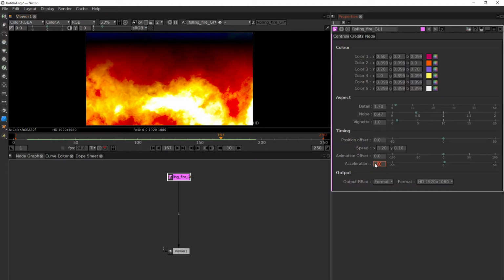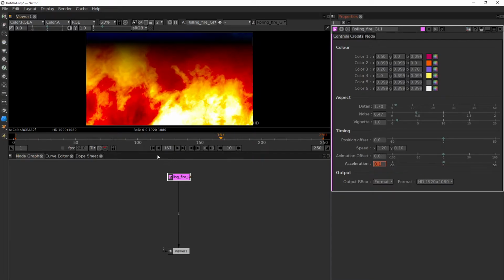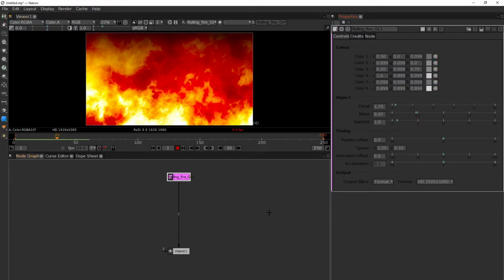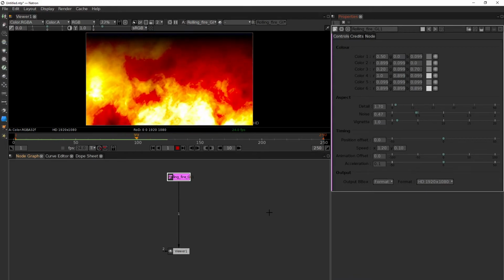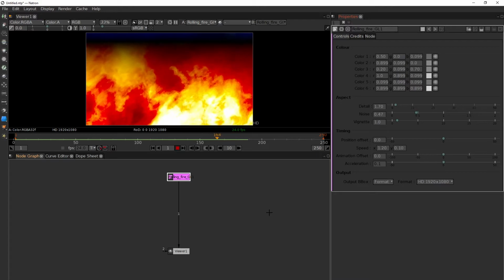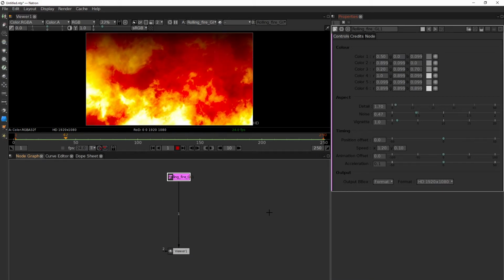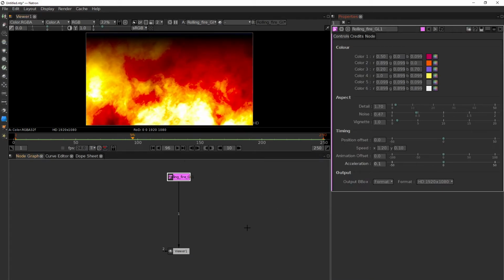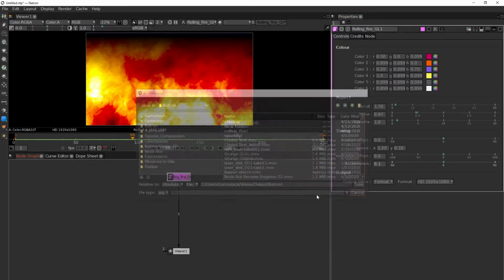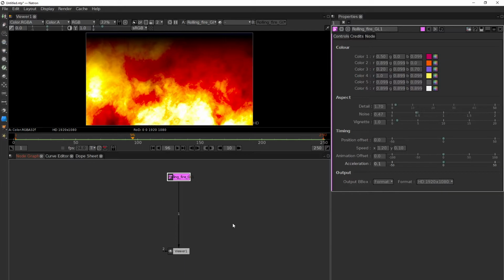If we take our acceleration, which is currently set to 1, and set it to 0.1, that's 1/10 of it. And we go back to the beginning and we hit play. Now our animation is playing back at 1/10 of the speed. But at 1/10 of the speed, that means we have to render out 10 times as long an effect, which means that when we go to write this out, we would have to increase our project length. So we sit here and we hit S to bring up our,